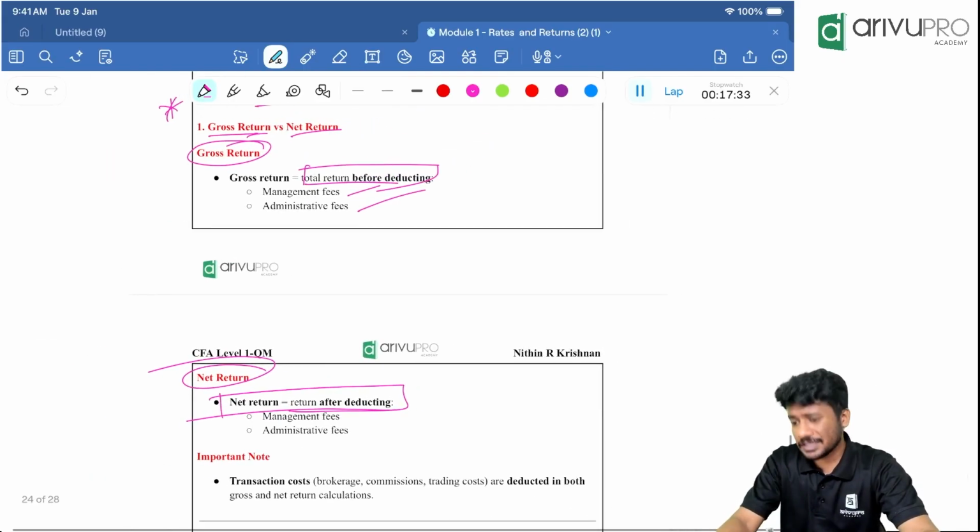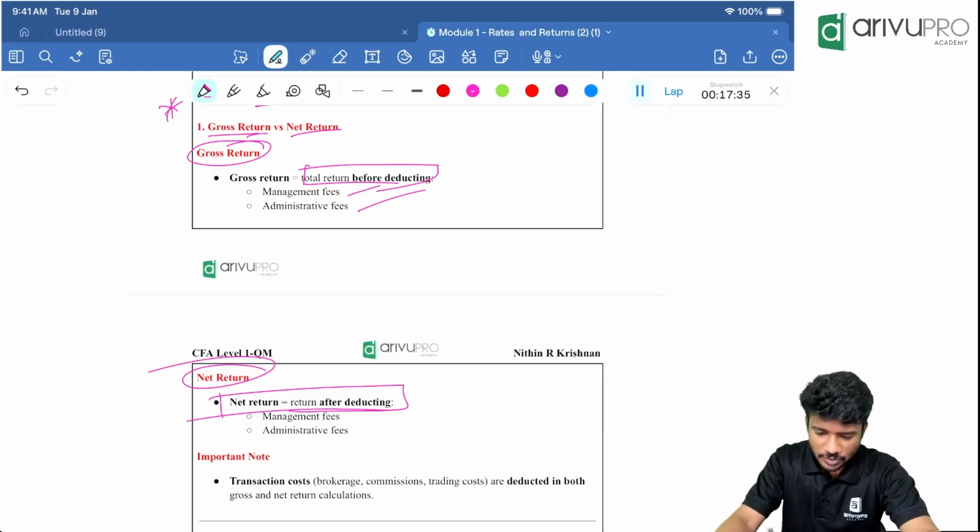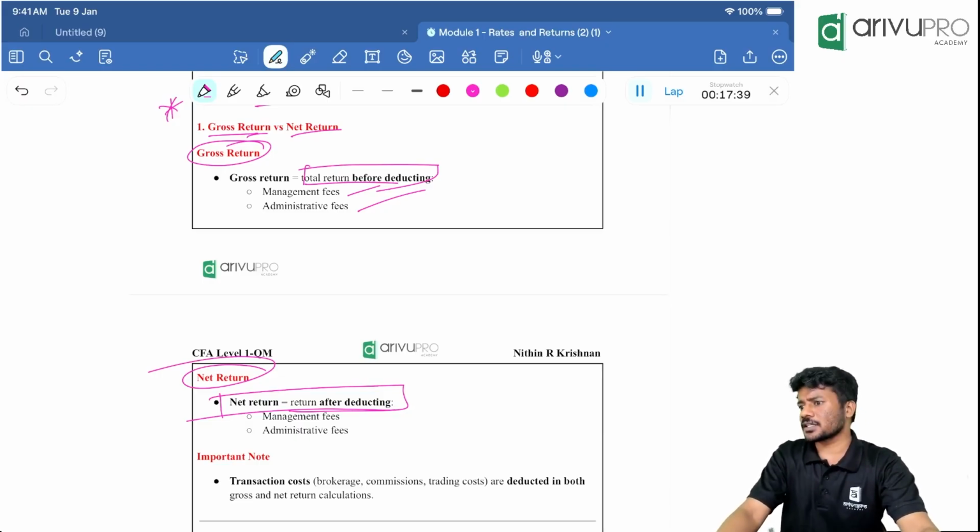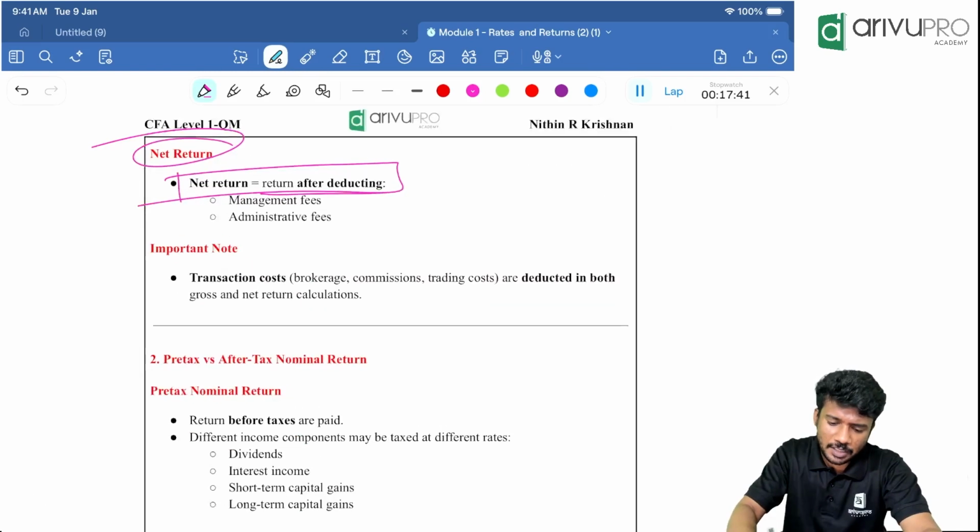So two types of return. Gross is there, then net is there. First one, gross is what? Without deduction. Net is what? With deduction. That is the basic thing. Now,